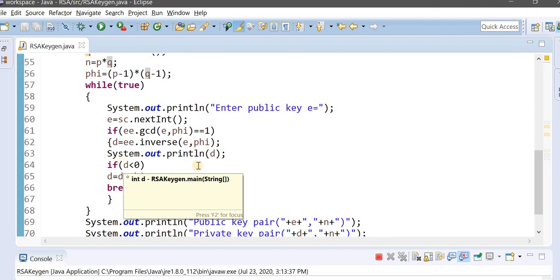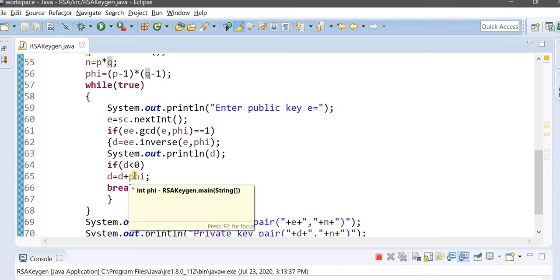Then display the key. If D is less than 0, meaning the calculated value is negative, then you have to make it positive by adding Phi. So D is equal to D plus Phi, and then the loop breaks.